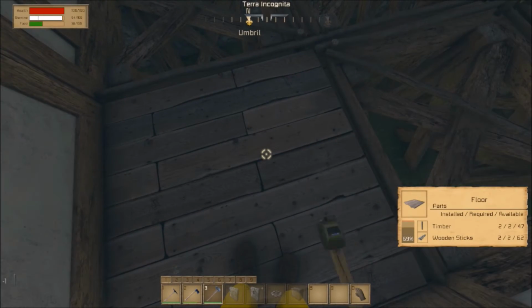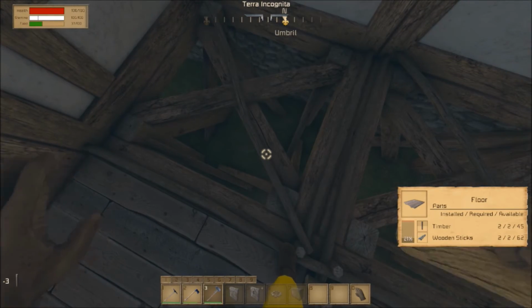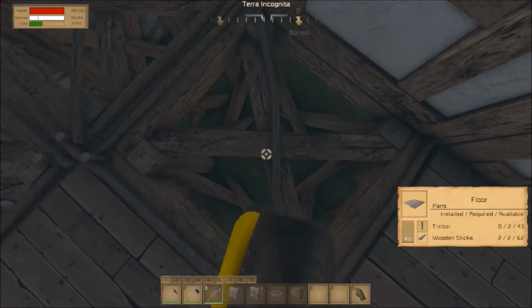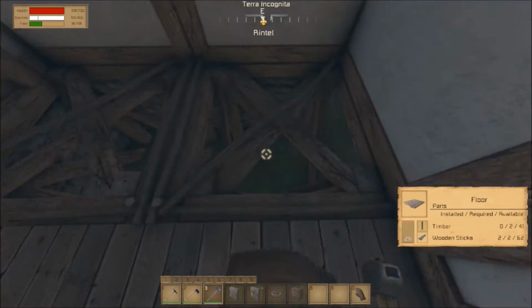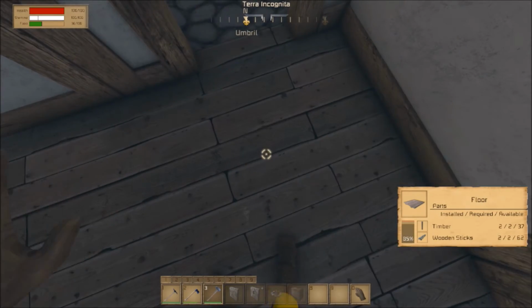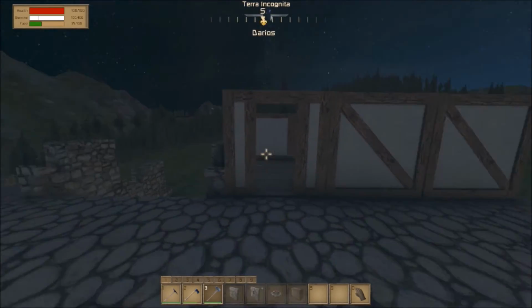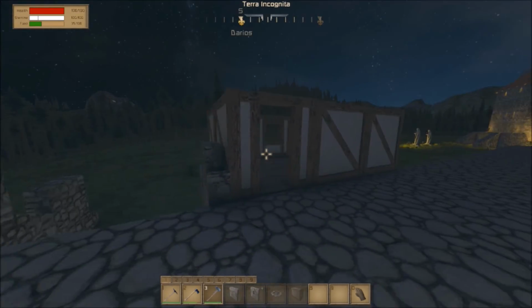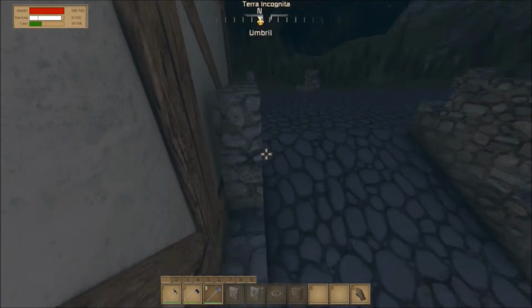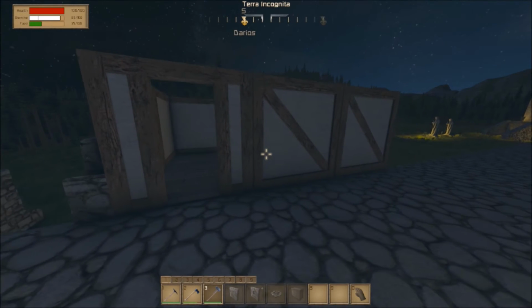Alright, now I can fully build these, so give me a second to finish these up. Okay, so now we're done with the interior. Now we need to build our little roof. And luckily, I have a little boost right here. Well, actually, it's not enough of a boost, but...